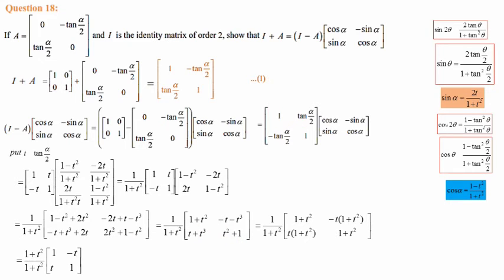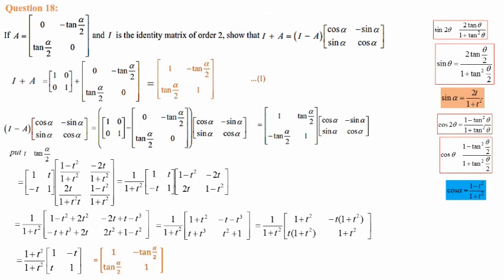Now, a little more simplified. Again, what we have to do is 1 by 1 plus t square into, here 1 plus t square, it is mentioned, nothing can be taken as common. Here there is a t common. When we take minus t outside, first term minus t is outside, only 1 is balance. From here minus t outside means plus t square is balance. And in these two terms also there is t common. If you take t outside, t into 1 plus t square will be coming. Here nothing common as it is. Now when we look at the entire term inside, there is 1 plus t square common.